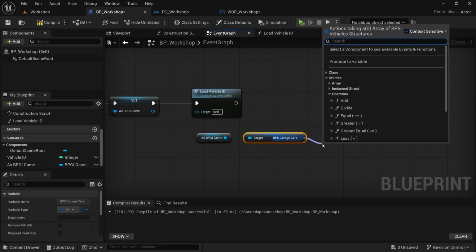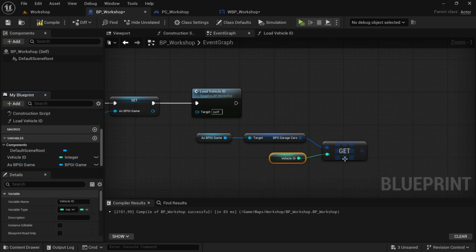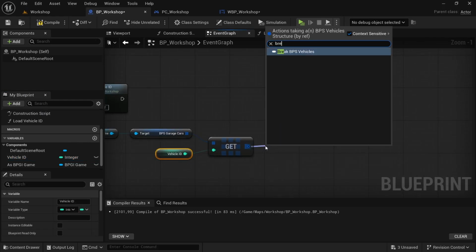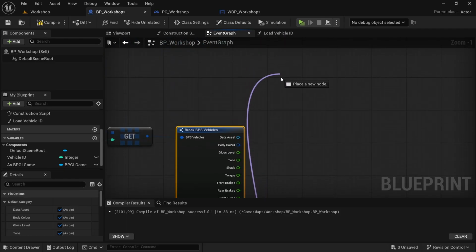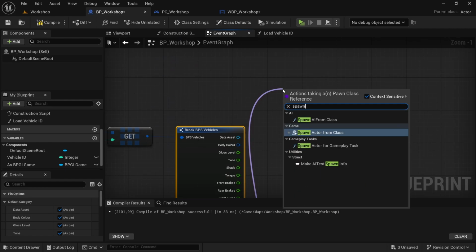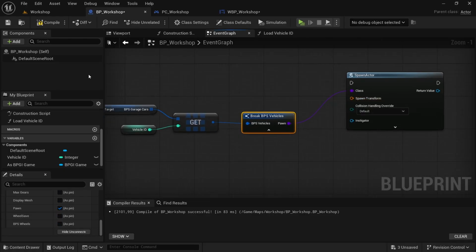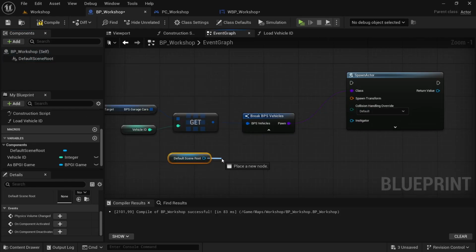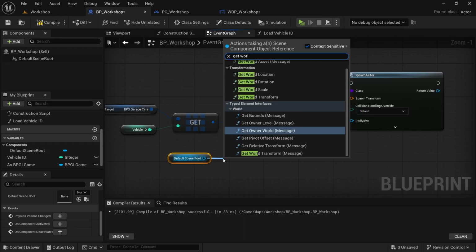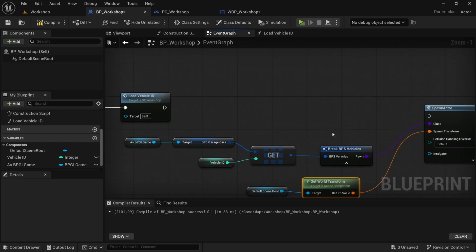In the garage cars, drag off and then get a reference, take the vehicle ID variable, drop that on the pin, and then from the kit, drag off and then break, then expand, and then we're going to look for the pawn, drag off from the pawn, and then we're going to spawn actor from class, select the break again, scroll down, hide unconnected, and then for the spawn location, we're going to drag in the default scene root, drag that in, and then we'll drag off and then get world transform, and then connect that to the spawn transform,